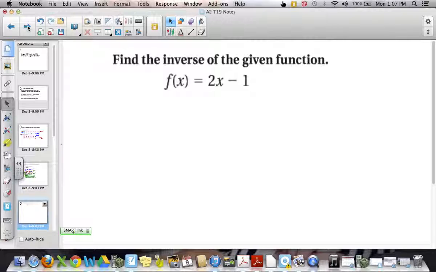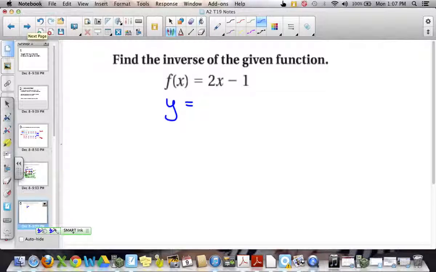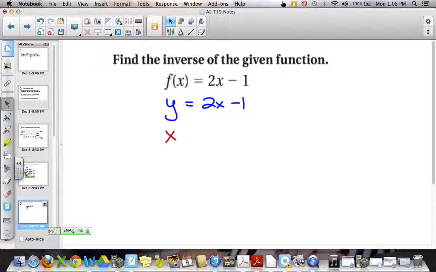All right, let's try this example. You can pause the video for a second and then continue when you're ready. So again, we're going to replace f of x with y. So y equals 2x minus 1. And then we switch the variables. So now it's going to be x equals